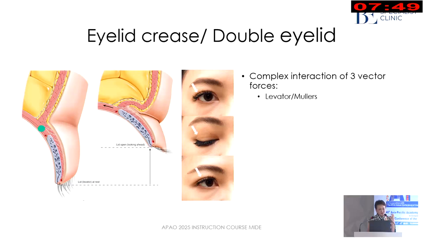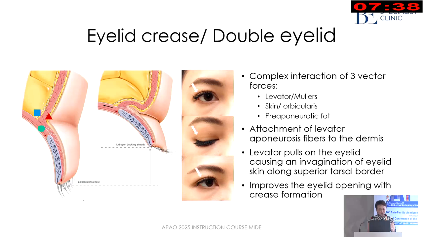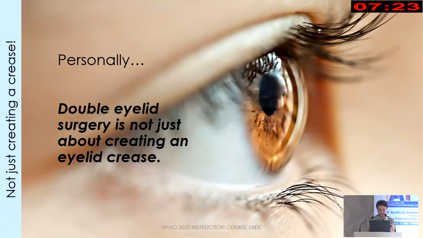The eyelid crease, or double eyelid, is actually a complex interaction between three vectors: the levator, the skin aponeurosis, and the pre-aponeurotic fat. The eyelid crease is formed through the attachment of the levator aponeurosis to the dermis. When the levator muscle pulls on the eyelid, it causes an invagination of the eyelid skin along the superior tarsal border, and this creates the eyelid crease formation. All right, but